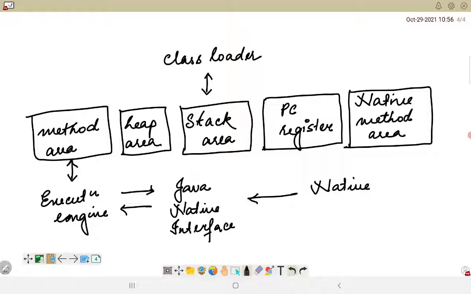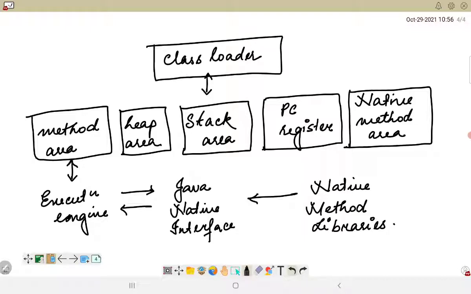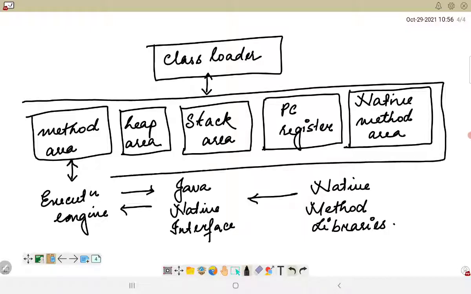We have discussed this in detail in our previous videos, so you can always refer back to that video for any clarification. These are the parts which a JVM has, and we can categorize the memory areas into 5 different types which JVM would be working with.